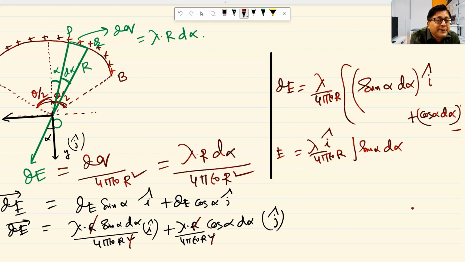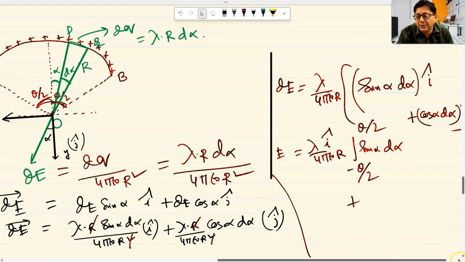Now this is the radius vector. Radius vector rotates in clockwise sense, theta by 2 angle described. Anti-clockwise sense, another theta by 2 is described. So taking clockwise negative, anti-clockwise positive, the limit of integration we are taking is minus theta by 2 to theta by 2,